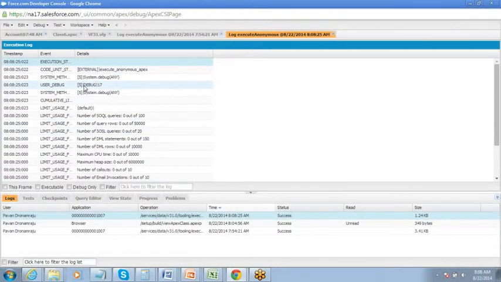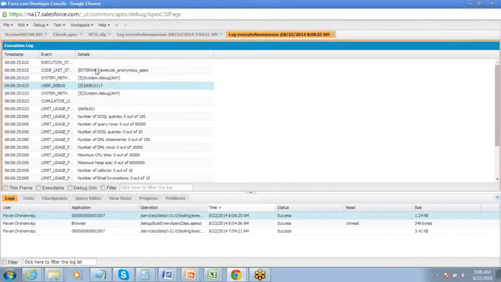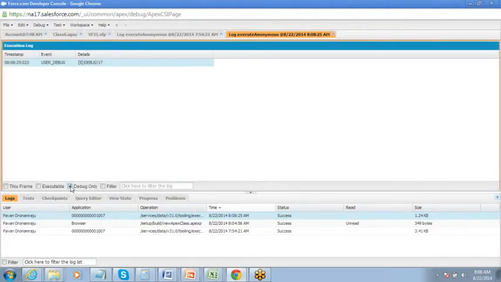See, so the debug statement returns 17. So now at least you get a confirmation.